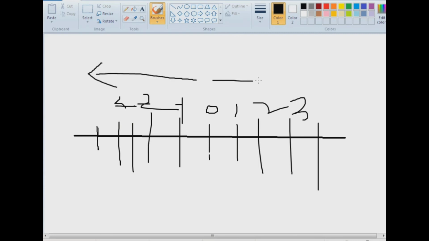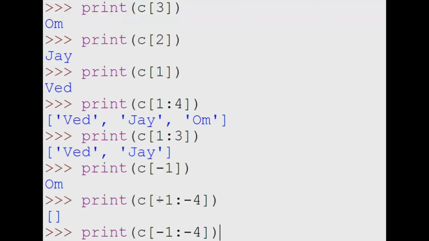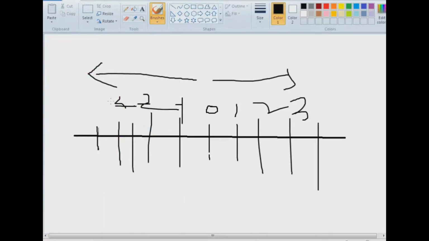So we will write -1 to -4. Means what? In Paint, in the number line there is -3 here and -4 here. So it can be done as this. Python by default does not go like this.